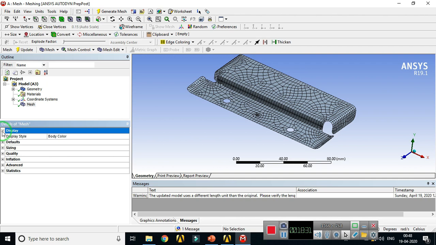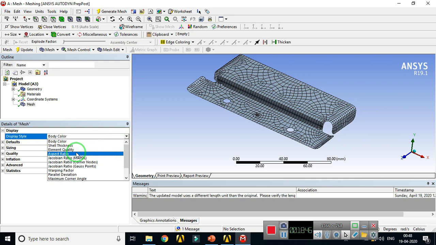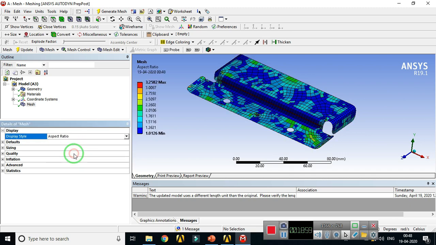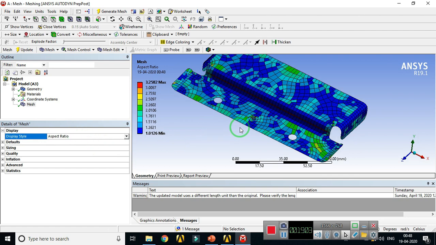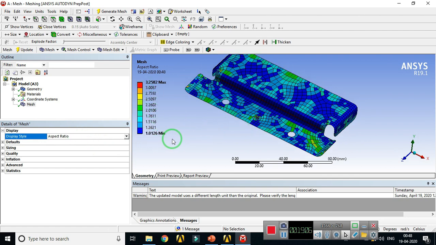The first is display style. Here it will display the mesh style according to the options given in the selection. Click on this drop down and you will find a number of options available for display style. What do I mean by that? It will display the mesh according to these quality check parameters. When you click on aspect ratio, it will display the mesh according to the aspect ratio parameter. Here this color band is given.